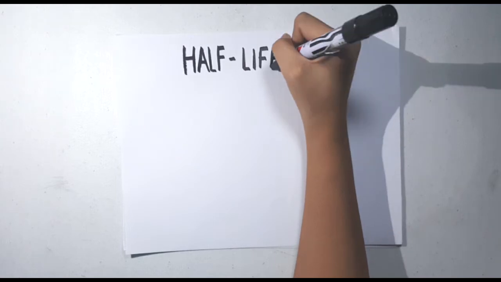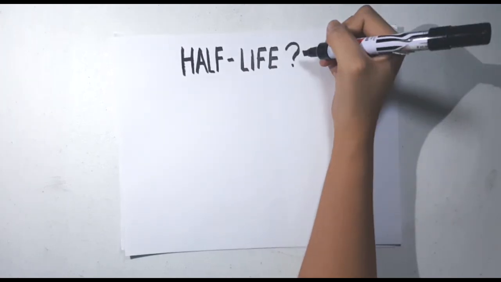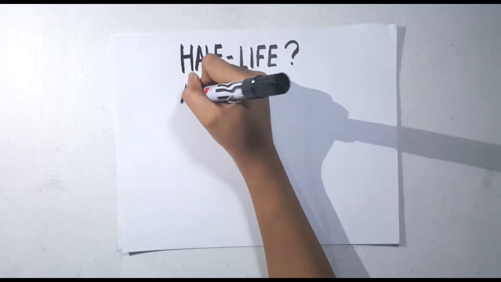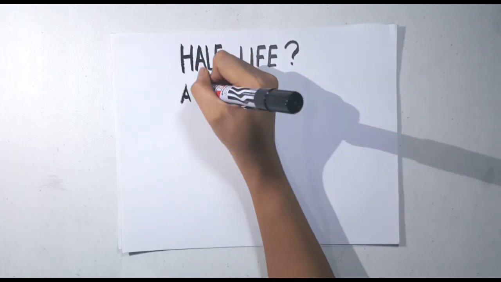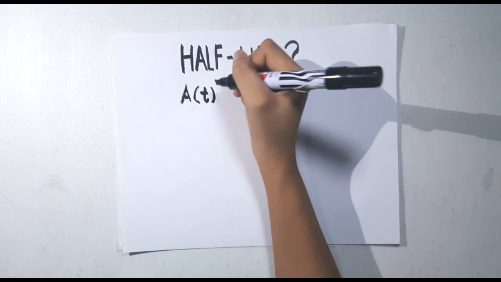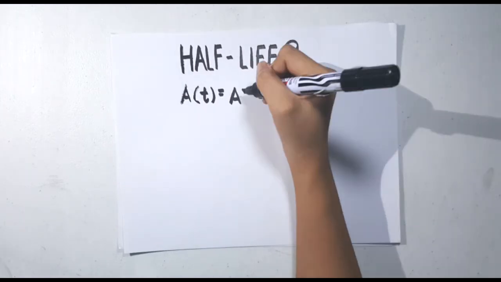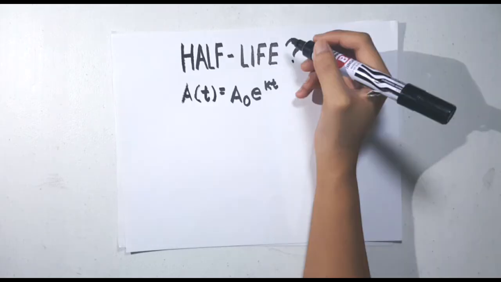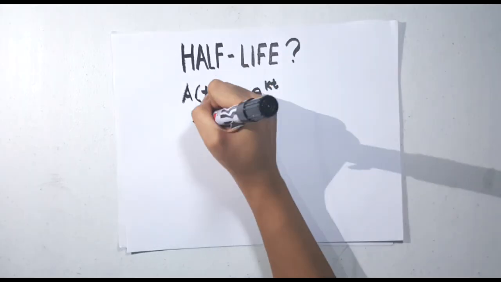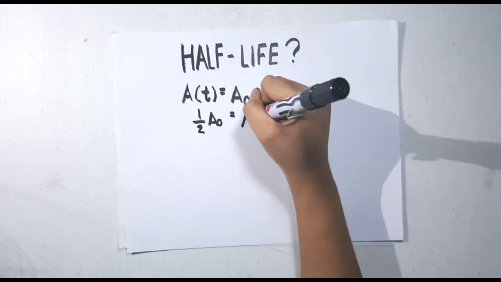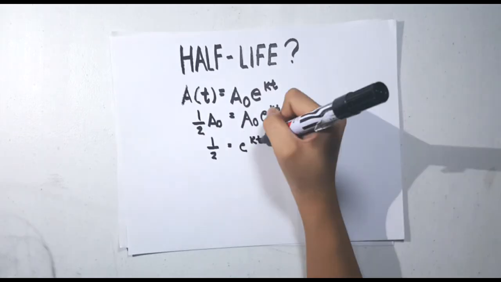Radioactive element decay can be solved according to this exponential model: the radioactive isotope amount equals the original amount multiplied by e to the power of kt, where t is the time and k is the rate of decay. In order to easily compare the rate of decay of several isotopes, we can divide the original amount from both sides. It means that the half-life of an isotope is independent of how much of it there is; it will take the same amount of time for half of that sample to decay. If we take the natural log of both sides